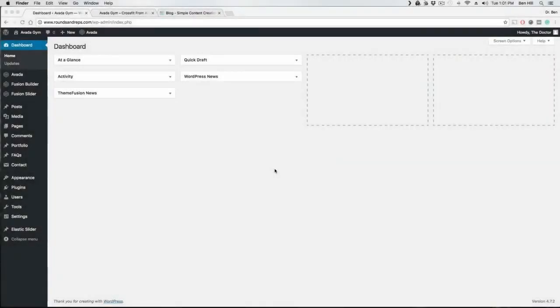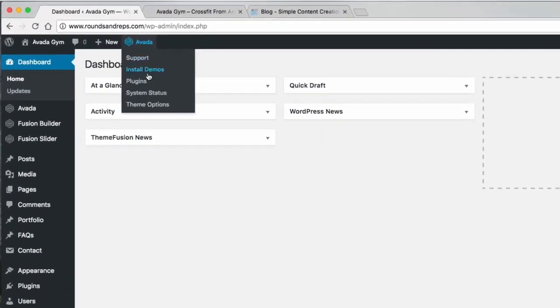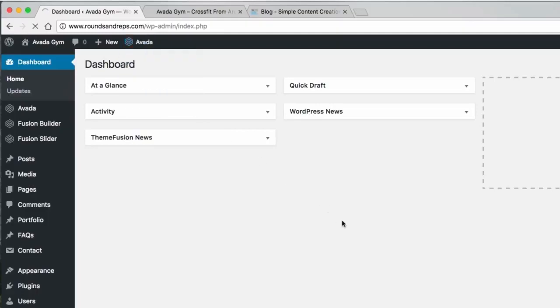Now, for the final video of getting everything set up with Avada, I know I've shown you a lot of options. You're probably getting bored at this point. You probably want to get started on your website, and I understand. But let me show you a really easy way how you can get started. One of the cool things about Avada is they include what's called demo content. So if you go up to Avada and click Install Demos,